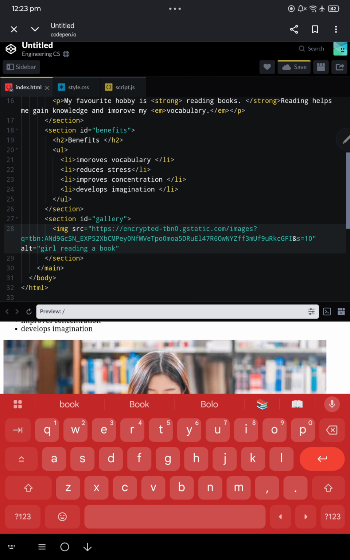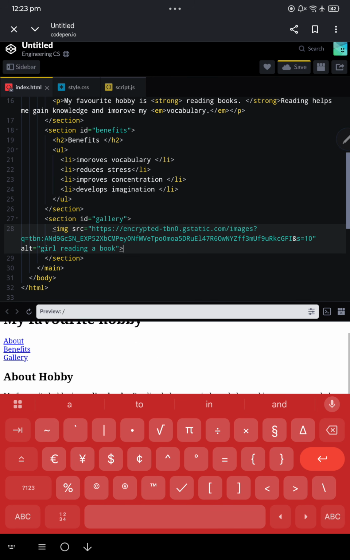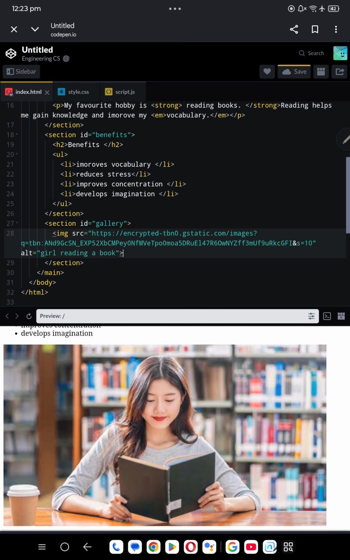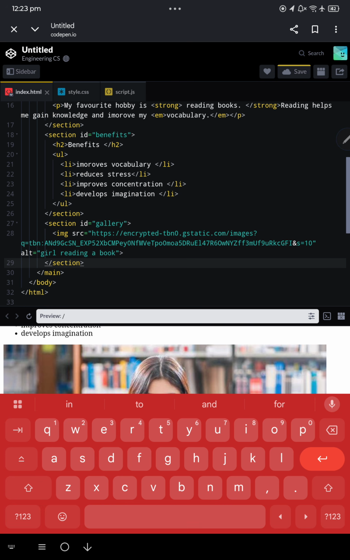book. So what you have to do is, image is a non-closing tag, it does not require a closing tag. When you search for an image, click on open in a new tab, and then whatever URL comes in that browser part, or where you copy paste the link, share the link, that part you can just copy and paste it here. Actually the link is supposed to be quite short, I'm not able to get it in the tab. Maybe in laptop you might be able to directly copy the link of the image. Yeah, you guys can just check it out. Okay, I've added the alternate link as well, and image tag is done, and this section also is done, and